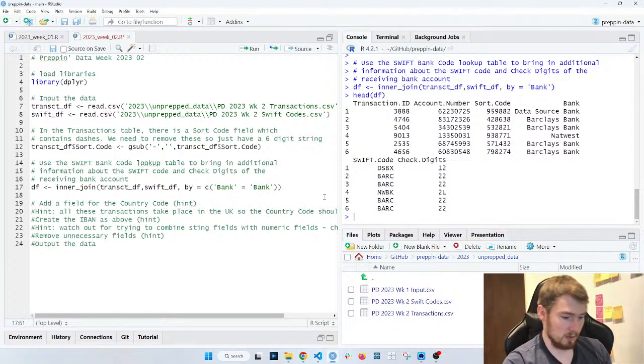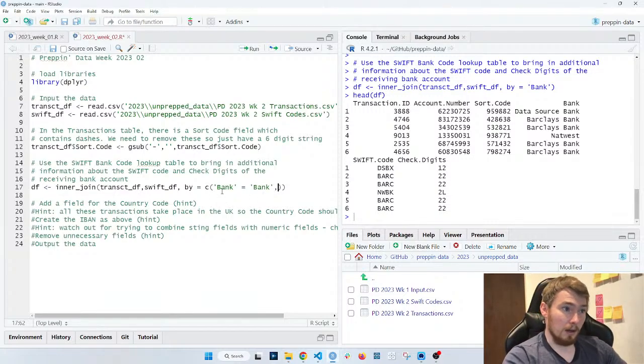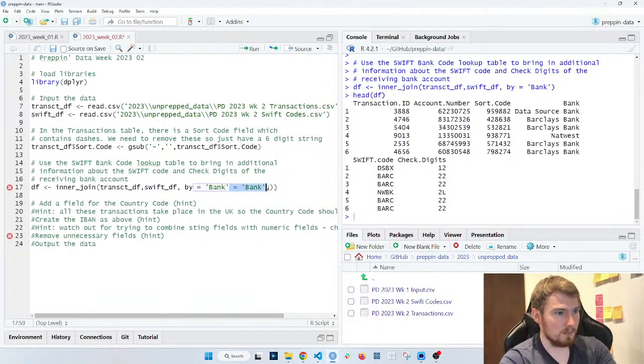If you had multiple columns, you would do comma and then the same sort of function again. So column name equals that column name. But in this case, because they're both named the same, I can get away with a much shorter, simpler code by just calling it bank there.